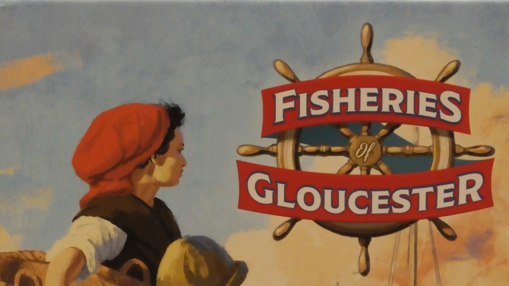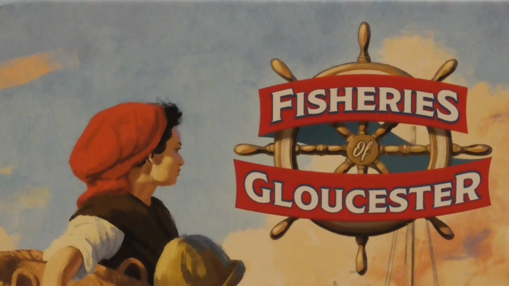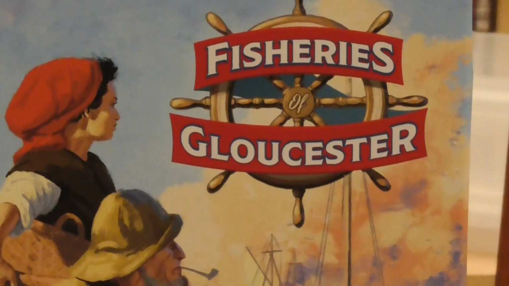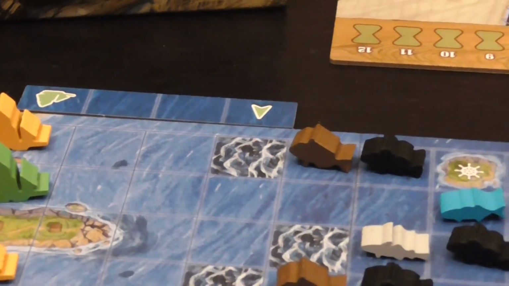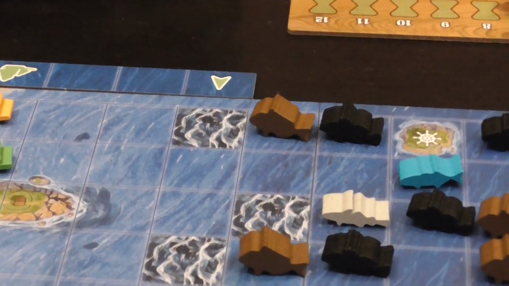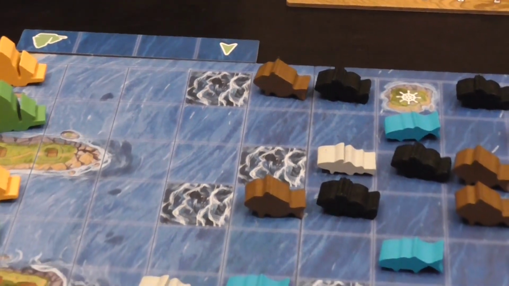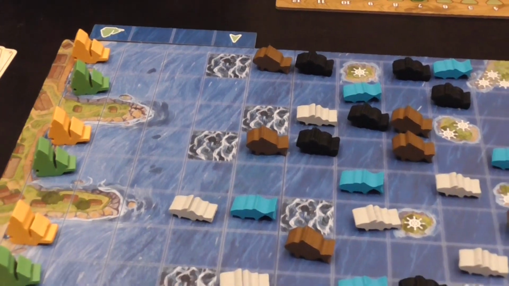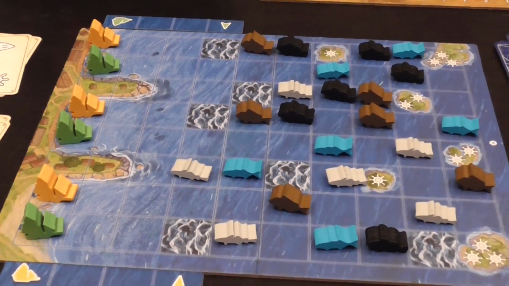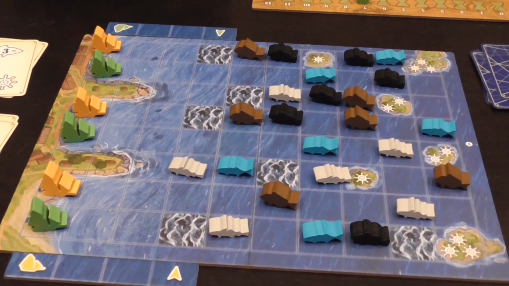Fisheries of Gloucester is a two-player game, and we're gonna fish the fishes, we're gonna preserve them, and we're gonna land on islands. These are the main actions in the game. We perform them for 6 rounds, and at the end of the 6th round, the player with the most points wins the game. The components are super cute, so you see there are different kinds of fish, and then we